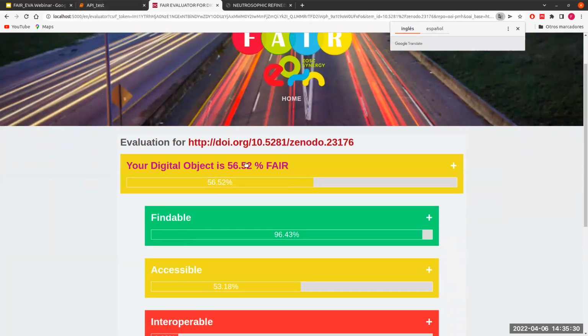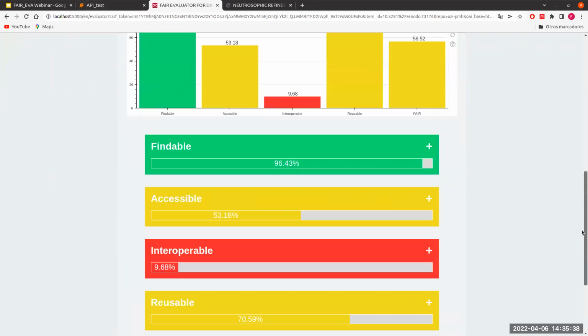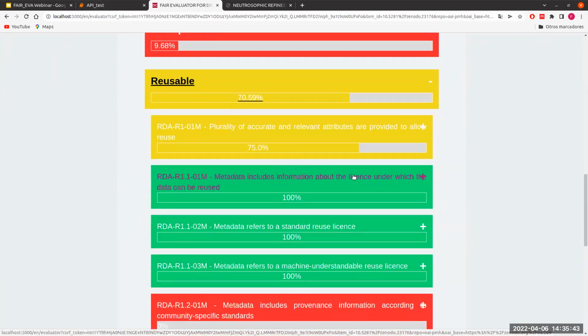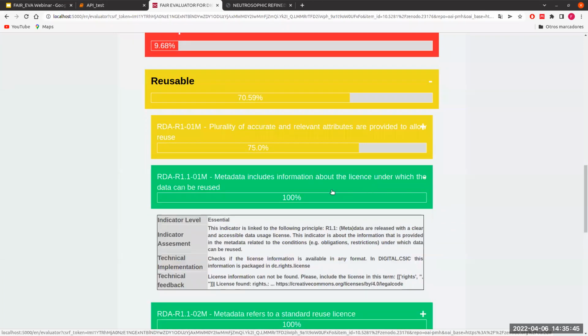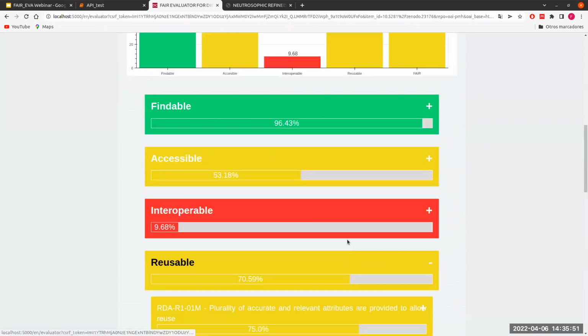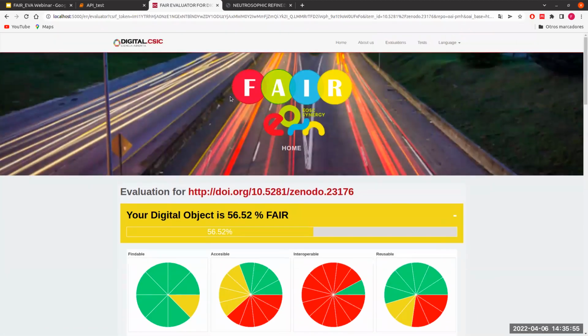But actually, as I said, instead of 49, I am getting 56%, okay? Because in reusability, we have increased the number. And this is basically because we are checking the right place where the information about the license is, okay? In this case, it's rights instead of license. So this can be customized in order to adapt to different research communities, different metadata schemas, etc.